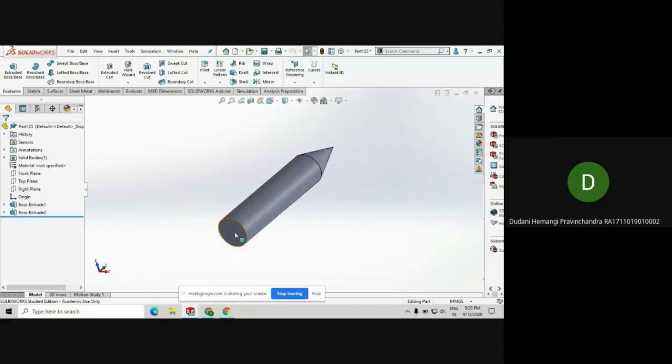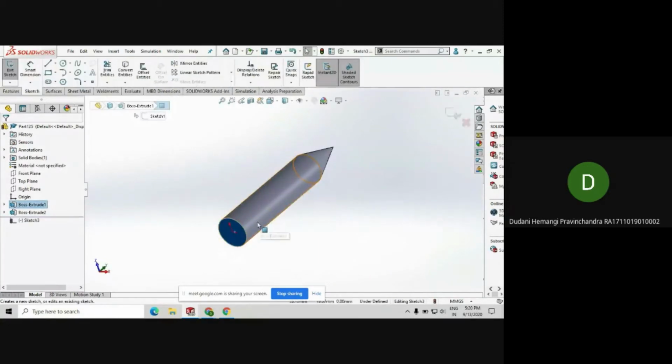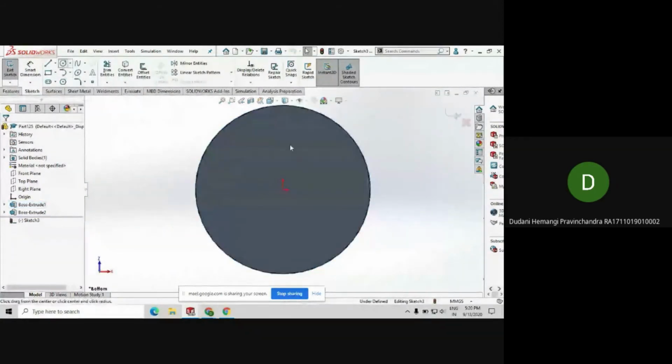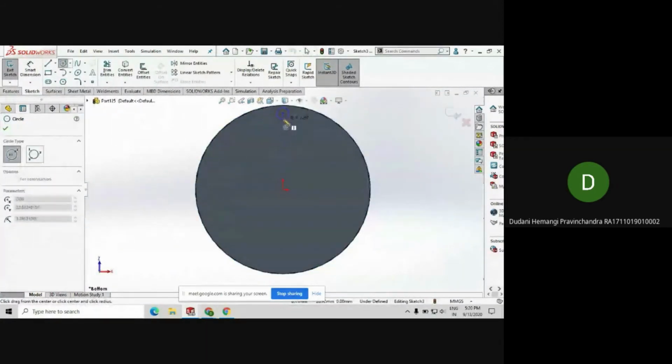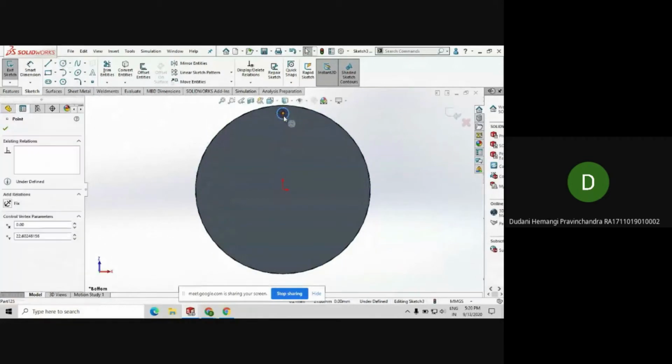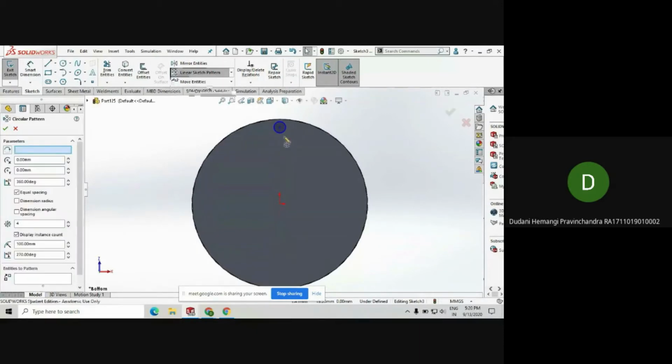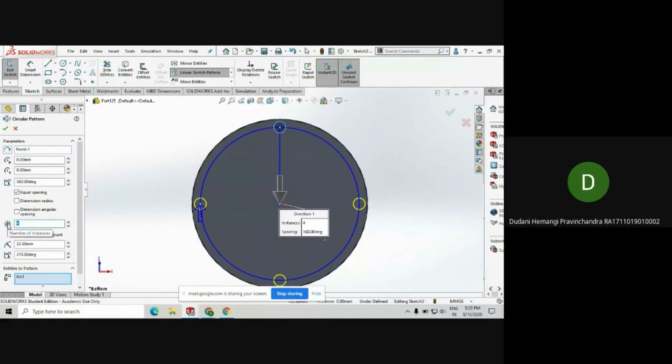Yeah, so for example, I want holes on this surface. I'll go on this surface and use sketch. Now I'm in that plane. I can create a hole here. Now I want 8 holes like this. So instead of making every circle again and again, there are some really time-saving features like a circular pattern here. I can just select the sketch, give the number of repetitions, and it will create 8 circles here.